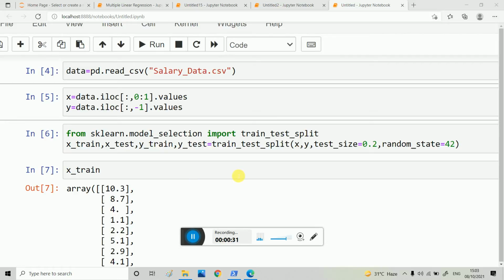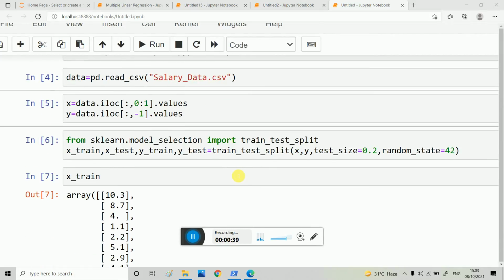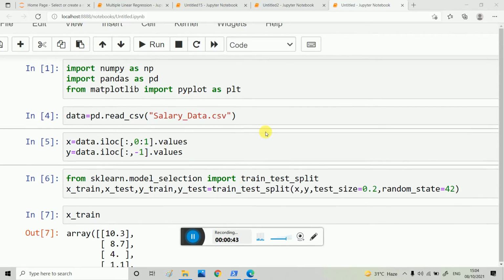In multiple linear regression there is more than one independent variable and we have to predict the value. The process is the same for all. Firstly we have to import the data set, and after that we have to do the data pre-processing part. You can watch my previous video of data pre-processing, on how to handle missing data, how to encode the data, and how feature scaling is used. You can watch my previous video if you have any difficulty in that.